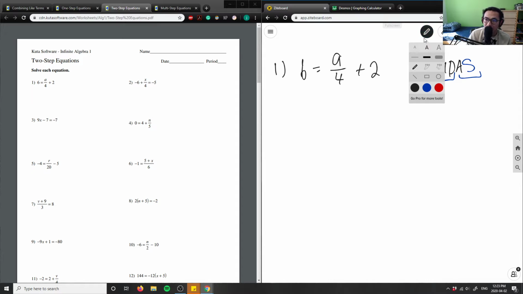So what does that mean? It means that with this equation here, 6 equals a divided by 4. This is not a 9, actually. This looks like a 9 here. It's actually an a. So a divided by 4 plus 2, what we're going to have to do is we're